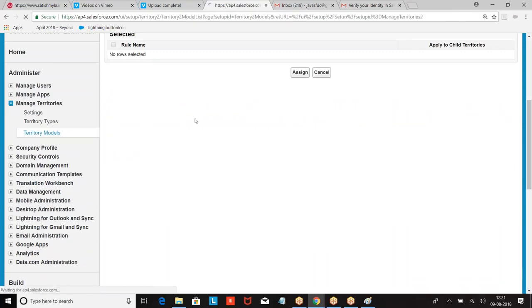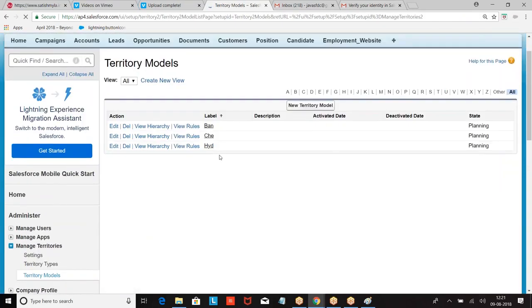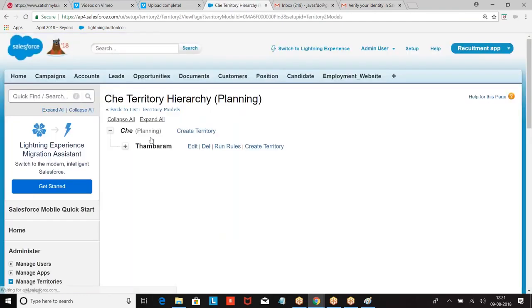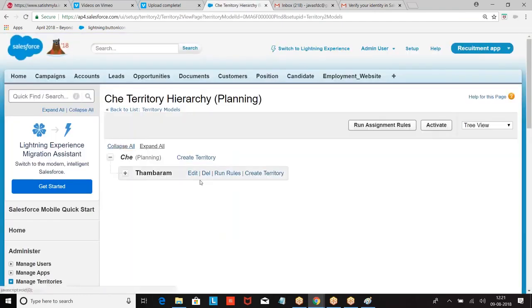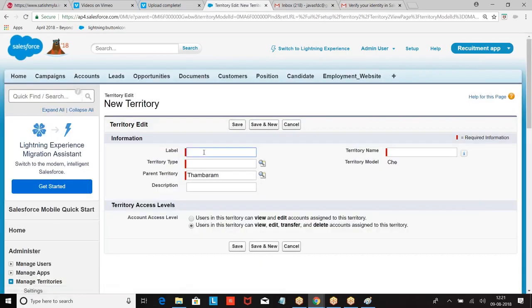Now territory models. So what was this? I hope you got my point. Now I added the members to the territory and I added the users to the territory. So again go back to the view hierarchy. So we had a Tambaram. Under Tambaram I want to create one more territory. So I want to create a child territory.